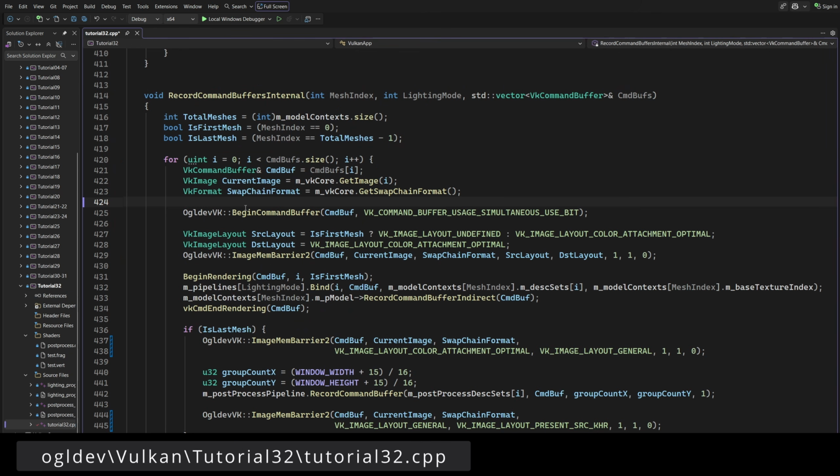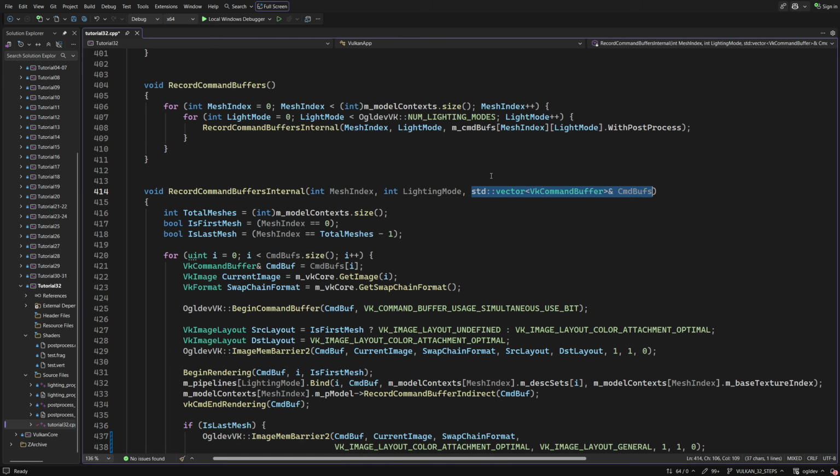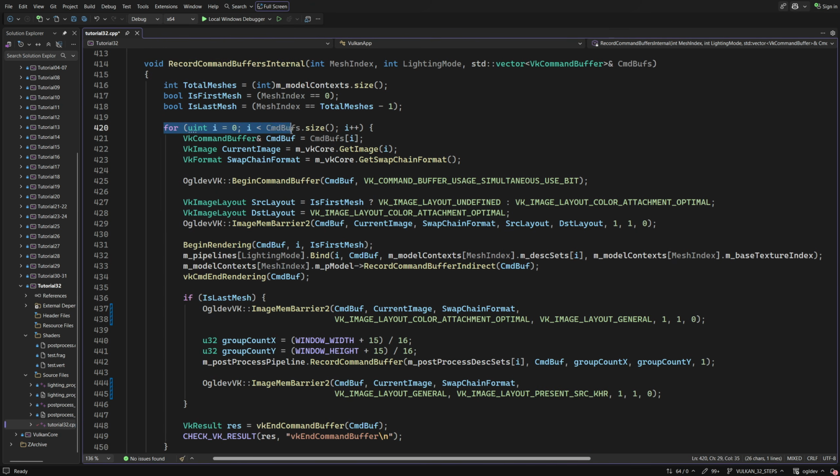All the usages of ImageMemBarrier2 are in the function that records the command buffers. This function takes an index of the object that we want to render, the lighting mode, which is a push constant parameter to the shader, and a vector of command buffers, one per swap chain image, to record into. The function is called from a wrapper, which goes over all the models that have been loaded and over all the available lighting modes. For every command buffer, we need to call begin command buffer and then transition the swap chain image into color attachment optimal. If this is the first mesh,